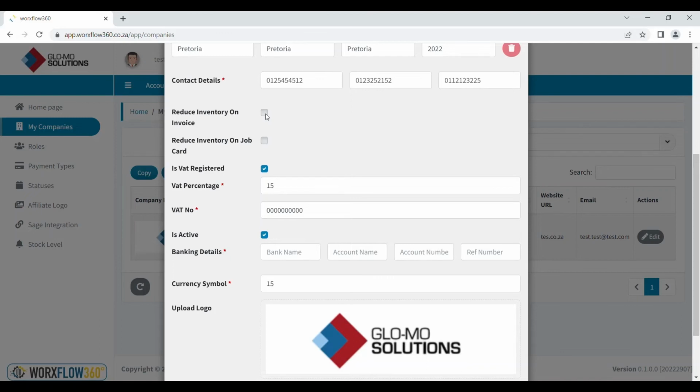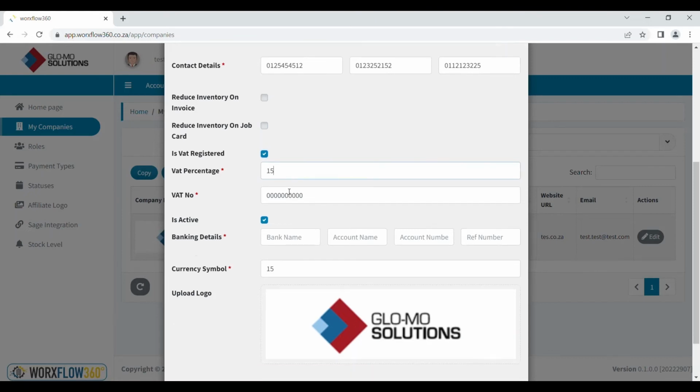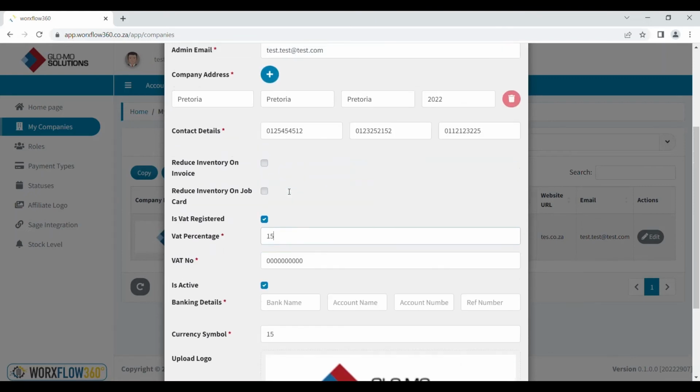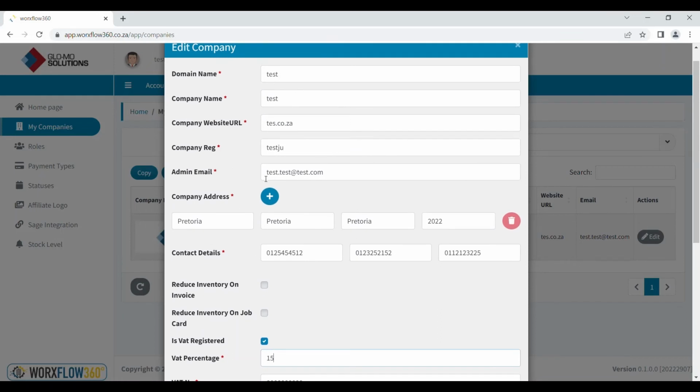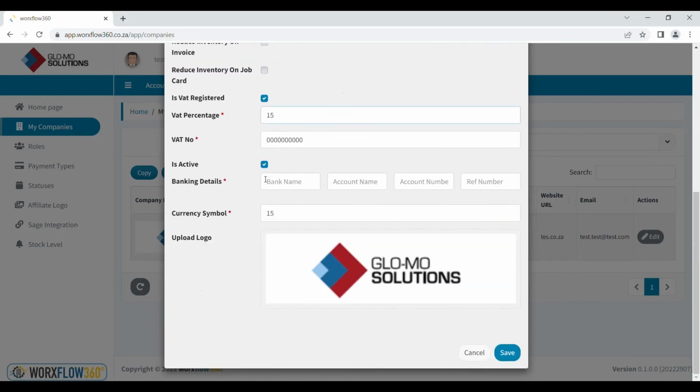Is it when you have created an invoice or when you have created a job card? You also need to state whether inventory items are VAT registered or not, and also add the VAT percentage. You can also add other important information here under your company profile, and once you have finished, you can click